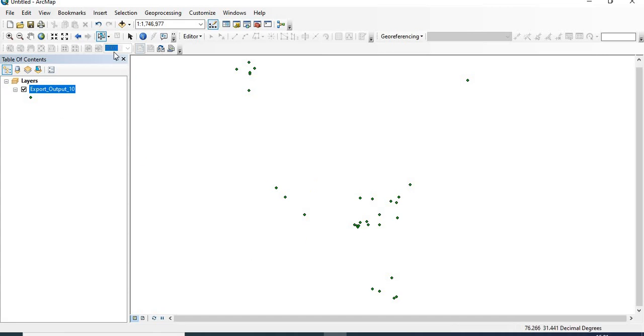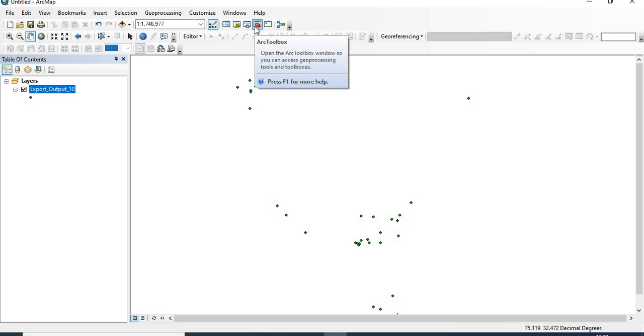Now, for example, we want to integrate these values with the map of Himachal Pradesh, and what you have to do is assign the projected coordinate system to this shapefile.